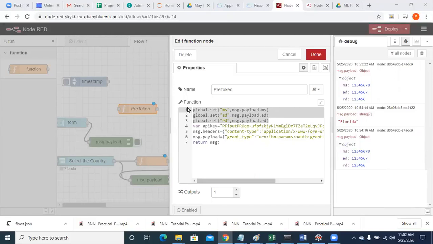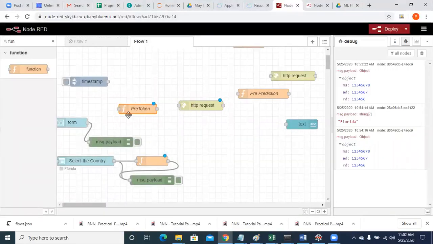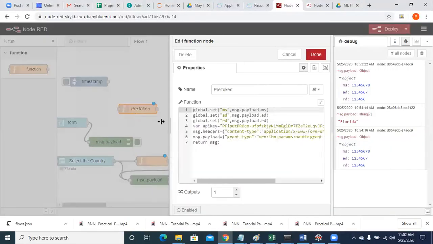You don't have the same service on AWS. Okay. Now, here in the pre-token, you have something called API key. Am I right? So this API key is nothing but